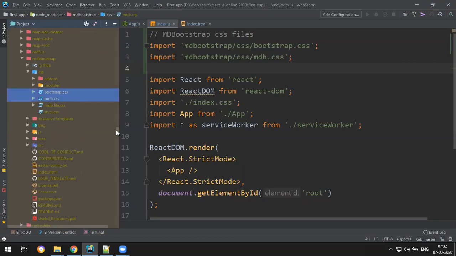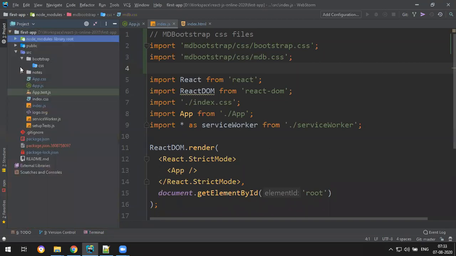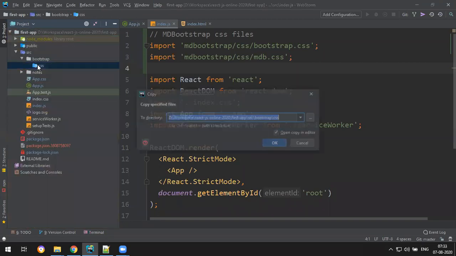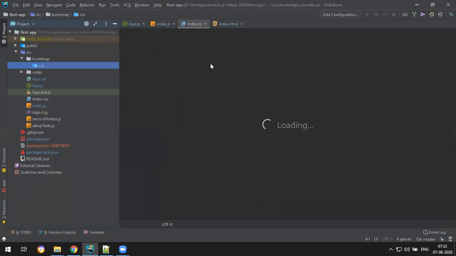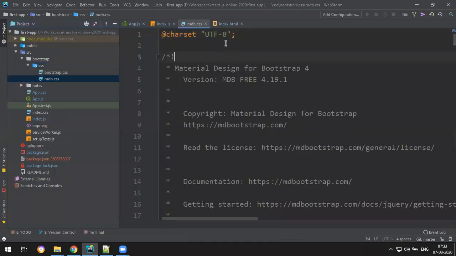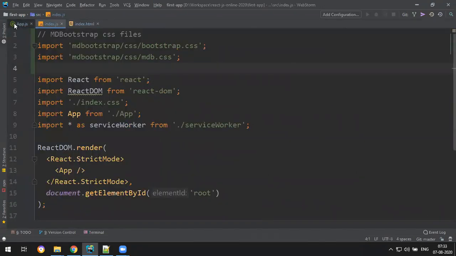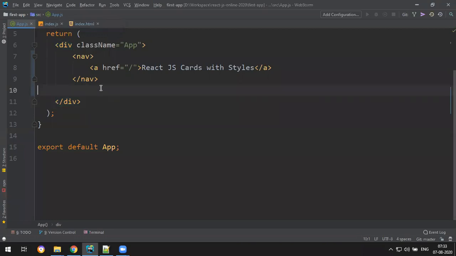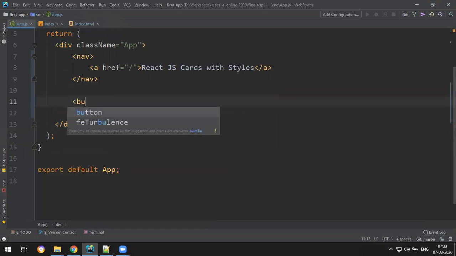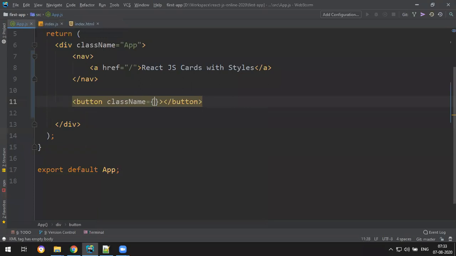Copy. Can we keep them outside? I think you can keep them in here. Actually, the problem is your WebStorm will detect only the local files instead of npm. Okay, I hope that will work now. Let's try the class btn. Yeah, it's coming now.